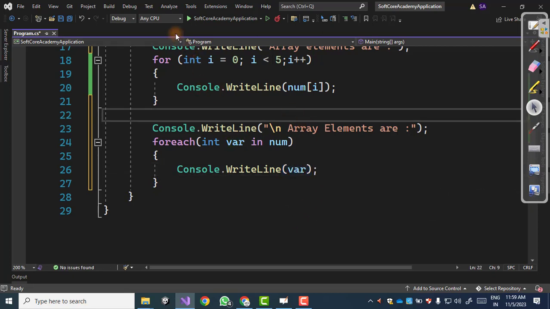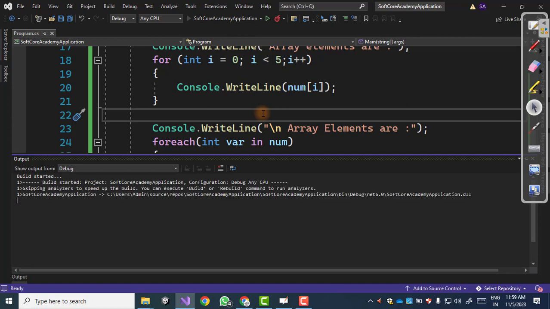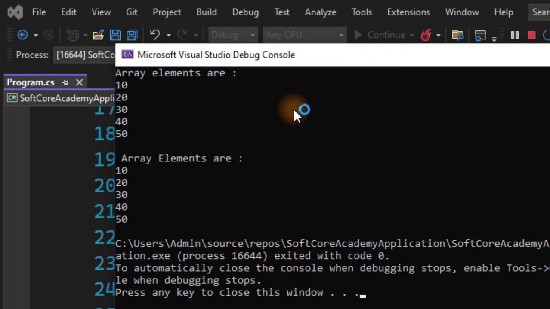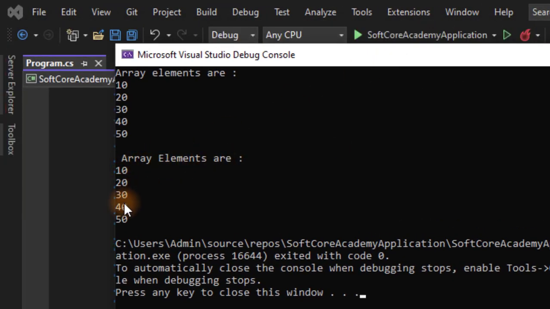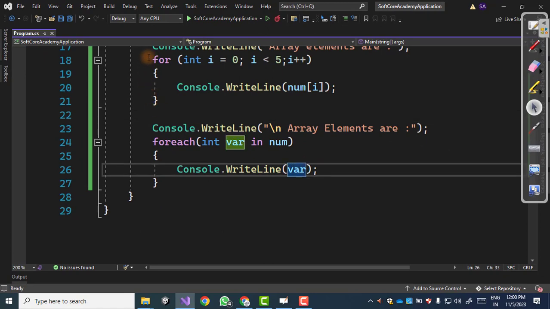So now again just execute this program. As we can see here, array elements are displayed using a foreach loop and array elements are displayed using a for loop. So there are 2 ways to display the array elements.